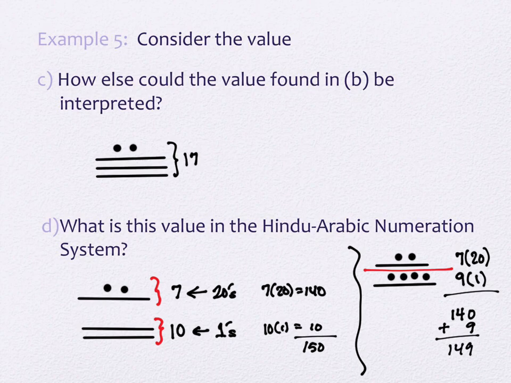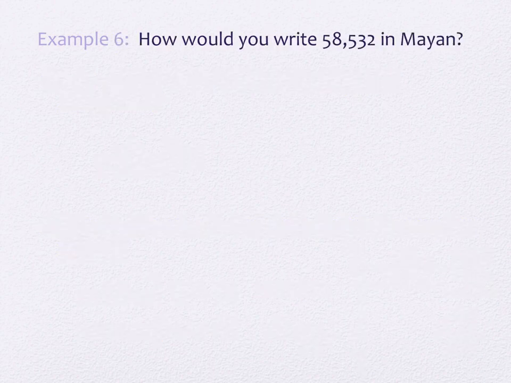So what we're going to do next is we're going to actually talk about taking numbers in, see which one I have next, yeah. Numbers in our system and writing them in their system. Okay, so this problem concluded the description of what happens when we take one of their numbers, with the dots and the lines, and put it in our system. So we're going to go the other direction now. So we have the number